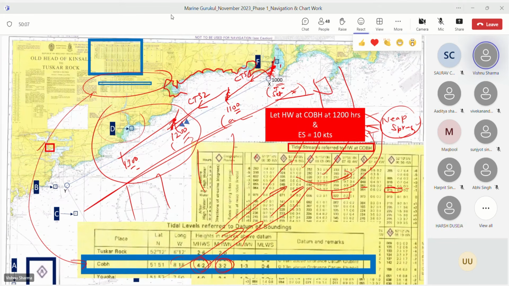Tidal stream की डायरेक्शन चेंज हो जाएगी इस पोर्शन में. Yes sir. करेक्ट. अगेन यहाँ पे जाके क्या होगा? यहाँ ब्रॉड हुआ था, रेट कम हो जाएगा. यहाँ नैरो होगा, फनल इफेक्ट होगा, रेट बढ़ जाएगा. So that is how, in the vicinity of the coast, both the direction and the rate get impacted by the contours, land contour, coast contour, right? Yes, sir.